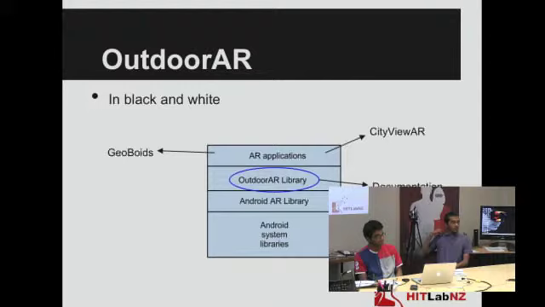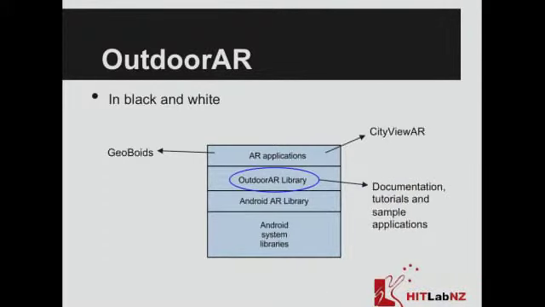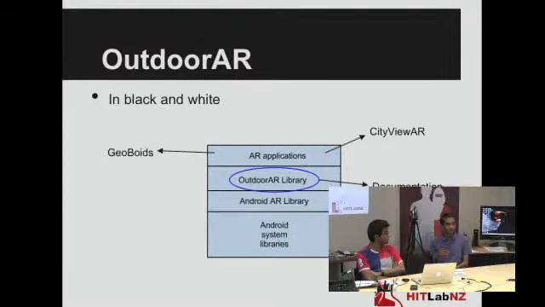For those of you who have not already worked with the Outdoor AR library, and some of the master students were telling me they were planning to work on that, this kind of gives you an overall idea about what the Outdoor AR library is, and then where we were working in. So to start with,